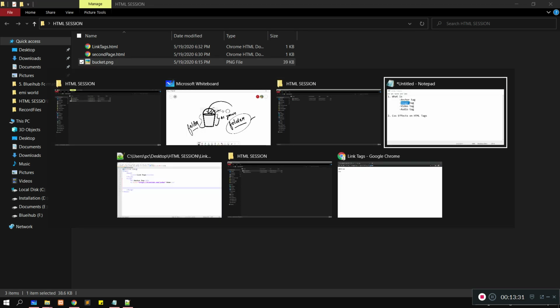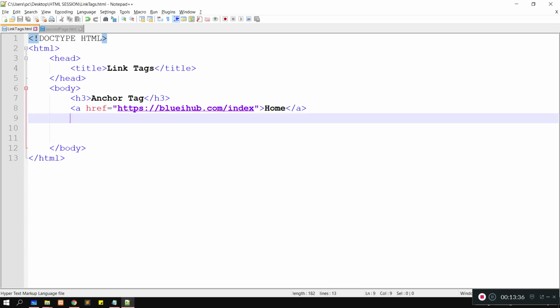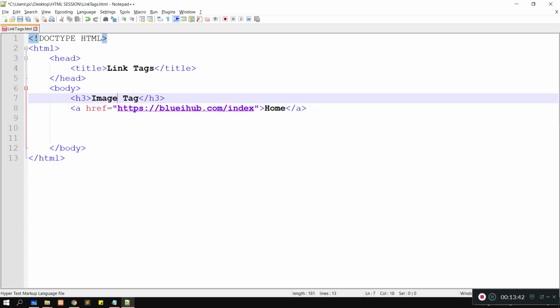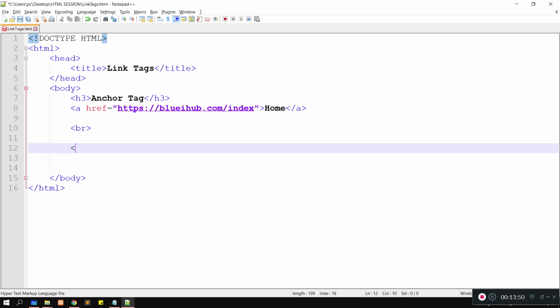Now coming back to our HTML in Notepad++, here we saw the anchor tag, right? And now we will see the image tag. Let me create a new line here, break. h3 image tag. Let me close this h3.